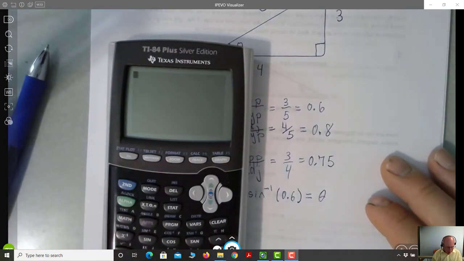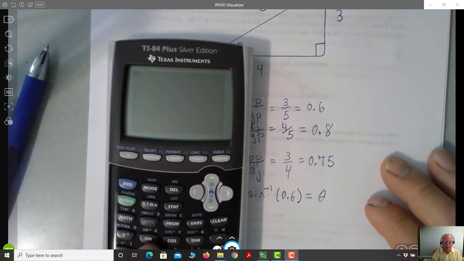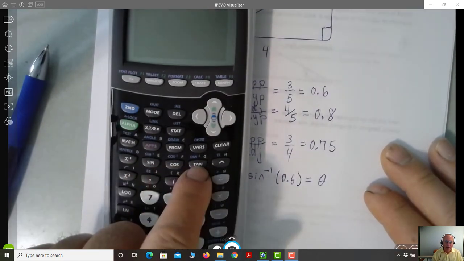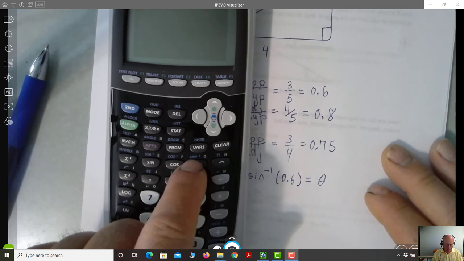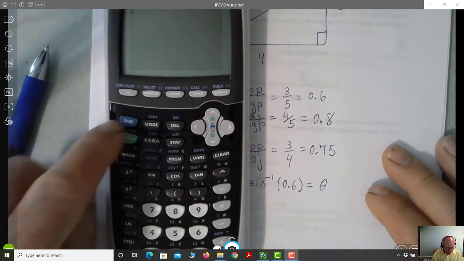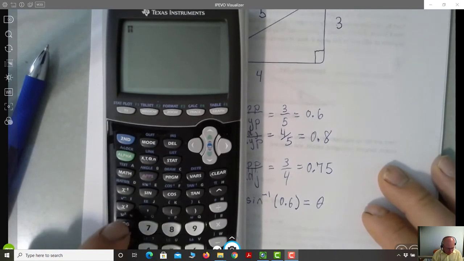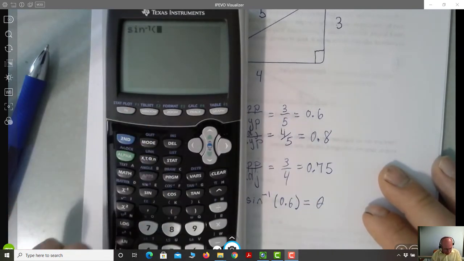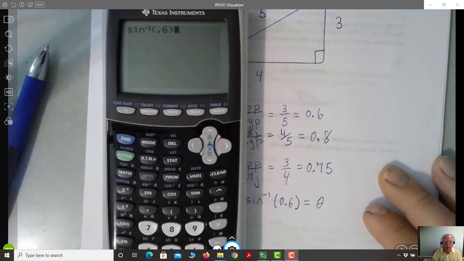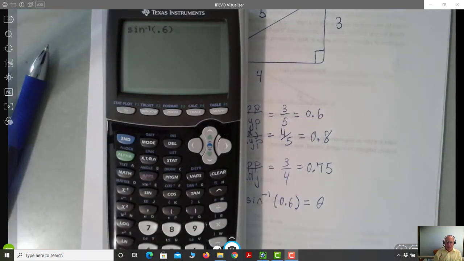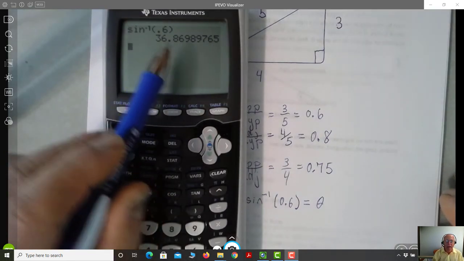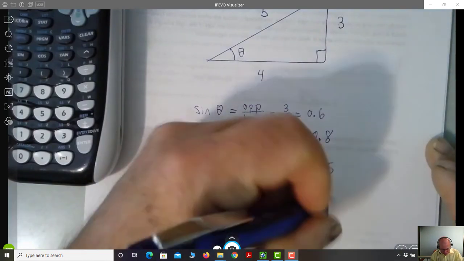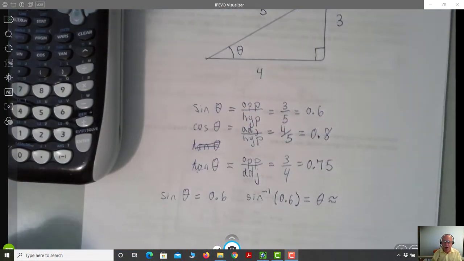If I turn on my calculator, you notice across here, I've got sine, cosine, and tangent. Right above it, I have the inverse of the sine, the inverse of the cosine, and the inverse of the tangent function. So if I press that second button and then inverse sine, I can plug in this 0.6, and what I'm doing is asking the calculator what angle has sine 0.6, and I push equal, and if I were to round that off to a couple decimal places, I'd get 36.87. Theta is approximately